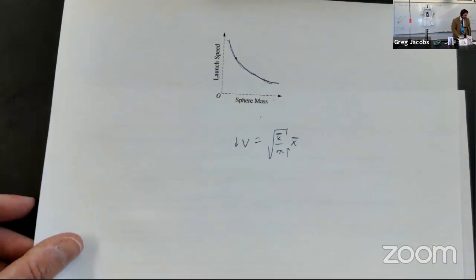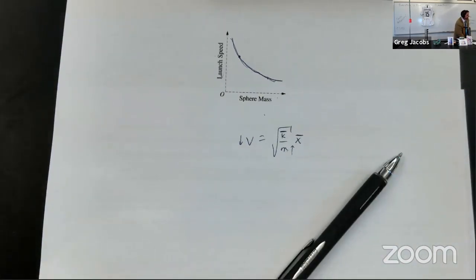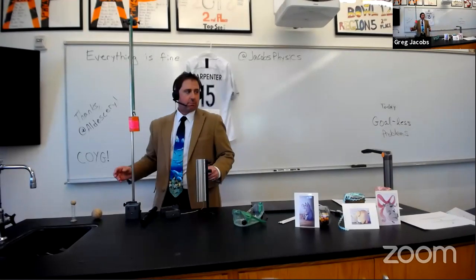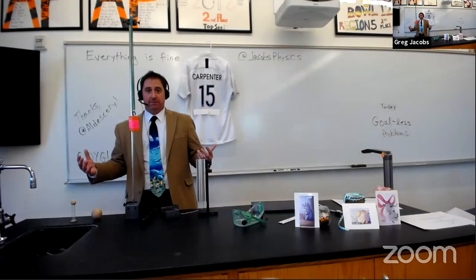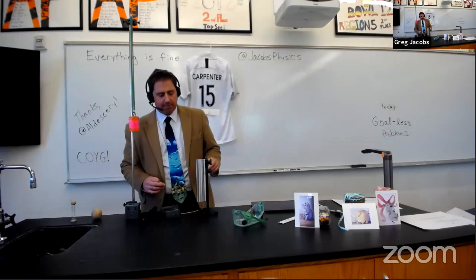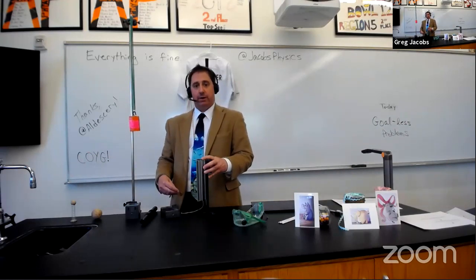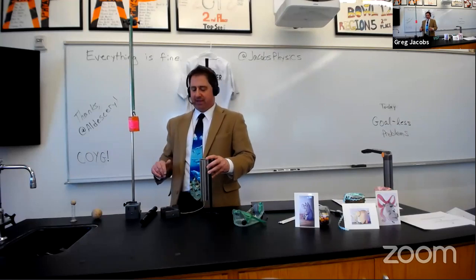Now, is that accurate? What that means is, experimentally, if I launch something that is heavier with the same spring, it shouldn't go as high. Problem is, I don't have any other spheres that are a significantly different mass from that yellow one that have the same diameter. I don't have that. But,